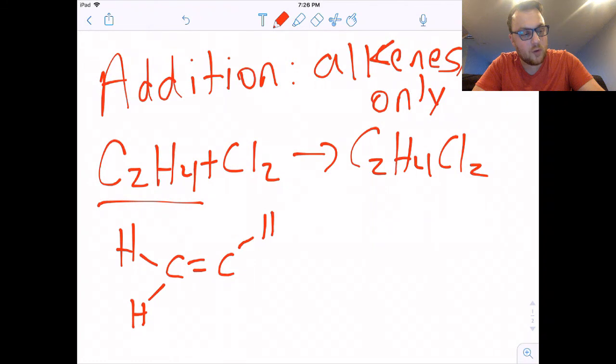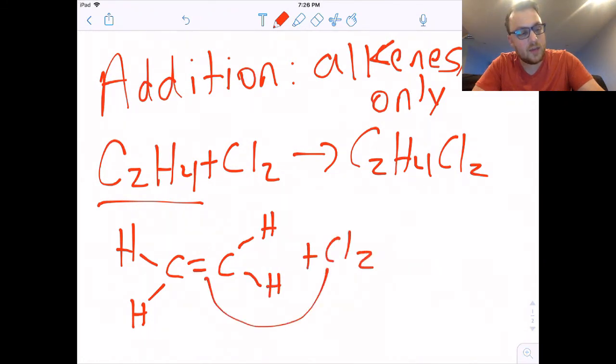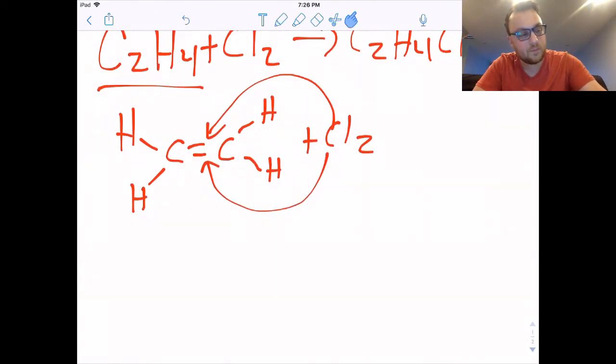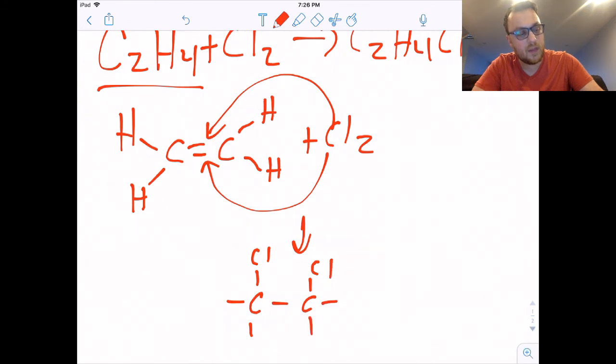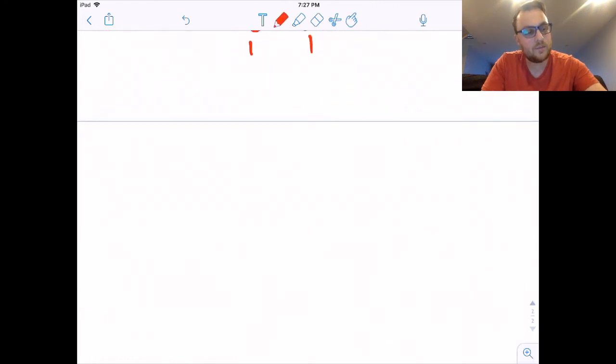And that's because if we draw out this carbon compound, we got to keep in mind carbon wants 4 bonds. So these two chlorines can come in and take these bonds away from carbon and bond to the carbon in place of the double bond. So addition reactions is a hydrocarbon that's an alkene or an alkyne plus usually something from group 17 literally being added to that compound. Versus substitution